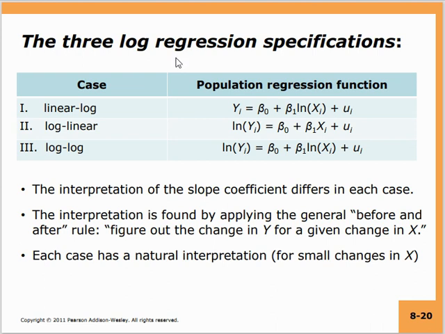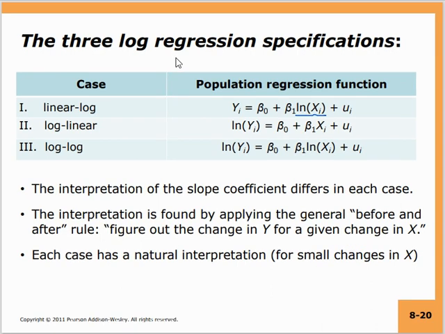different ways in which you can introduce a logarithmic transformation in your regression equation. In the first case, you take the log of the independent variable and leave the dependent variable as a continuous variable. This is known as the linear-log case. In the naming of the model, the first word stands for what you are doing with the dependent variable, and the second word stands for what you are doing with the independent variable. Here you are taking a log of the independent variable, hence it is a linear-log case.